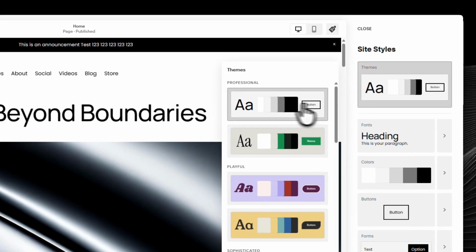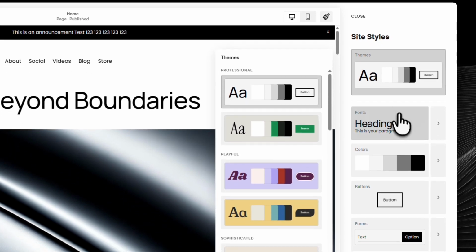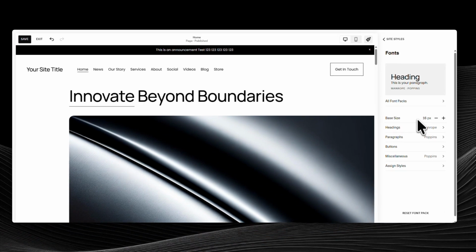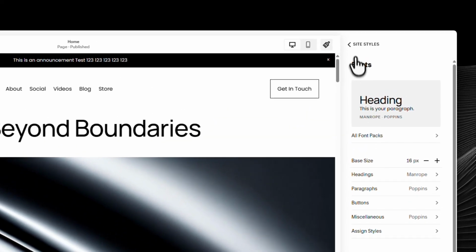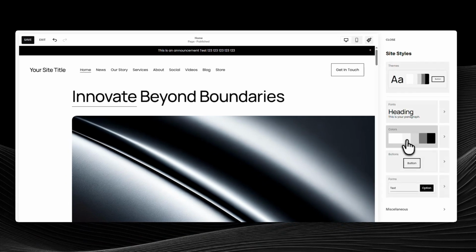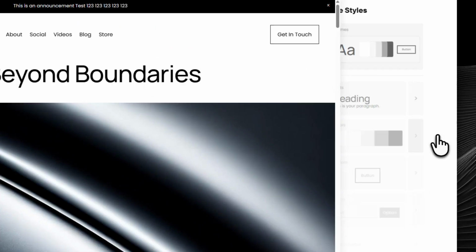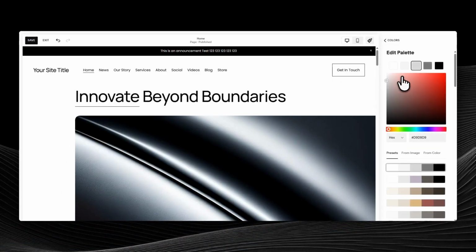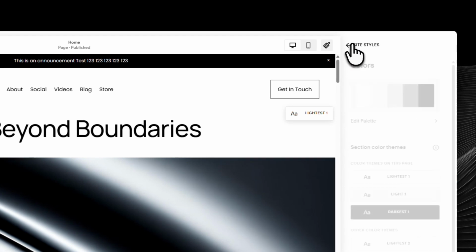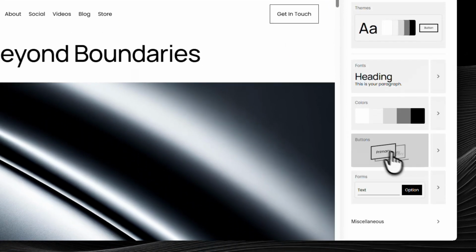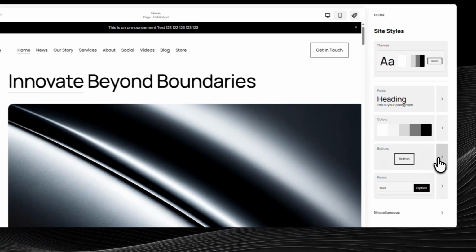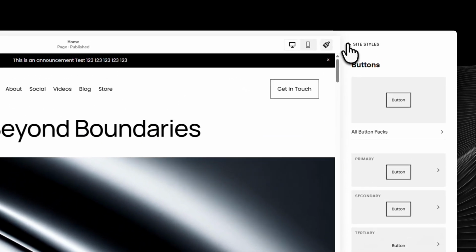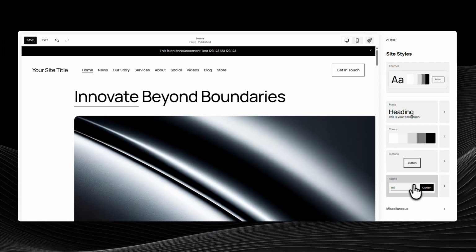If you prefer more control, customize each piece one by one. In fonts, adjust headings and body text, choose pairings, and fine-tune weight and size so your content reads cleanly. In the color palette, pick your brand's primary and secondary shades. These colors power backgrounds, text, links, and accents across your pages. For buttons, set the shape, size, and whether they're solid or outlined to match the personality of your site. You can continue down the list to refine other elements in the same way, dialing in the details until everything